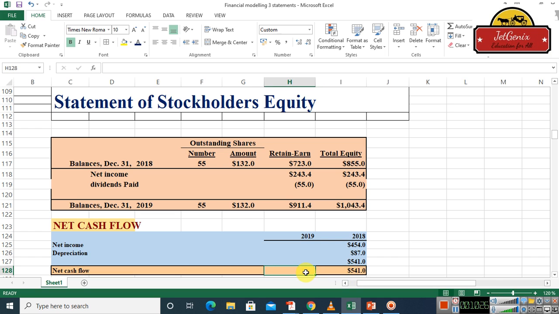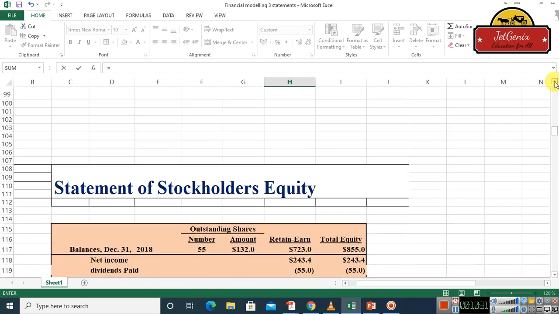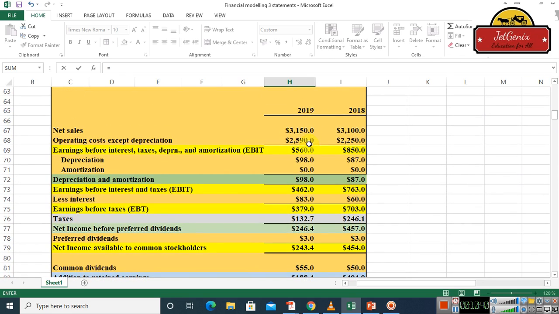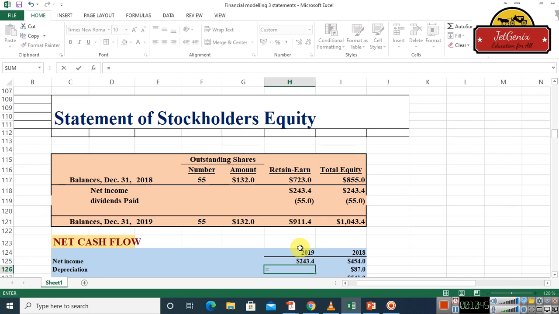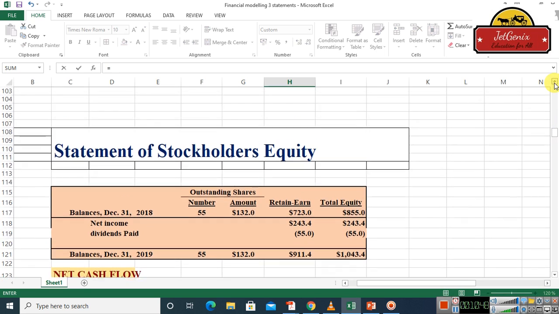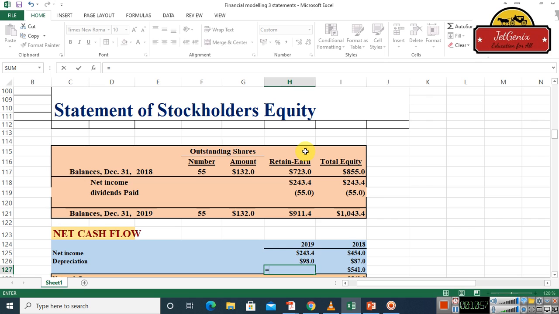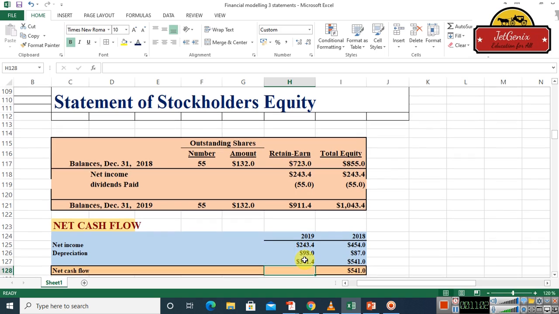Okay guys, and now if you want to calculate it for 2019, just select the net income for 2019, which is here. Don't be confused in dates. This is 2019 and select the net income, press enter, and again select the depreciation for 2019 from the income statement. This is the depreciation amount. Just press enter, and now sum both of these values and you will have the cash flow of 2019,